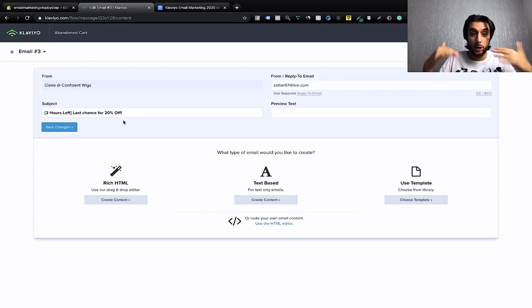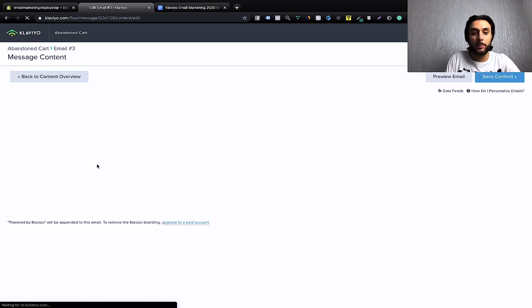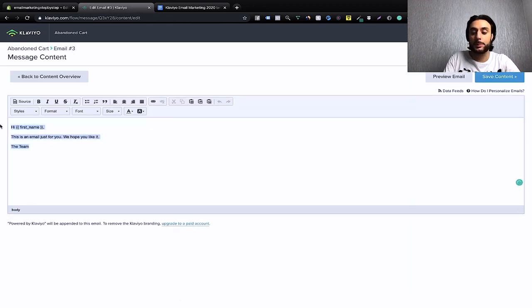If they don't, then they're going to lose it and then they're going to have to pay full price. So that's where you're going to put it in there. Then you're going to want to hit Save Changes and then go to where it says Create Content again. And then you're basically just going to copy and paste the next part in and then